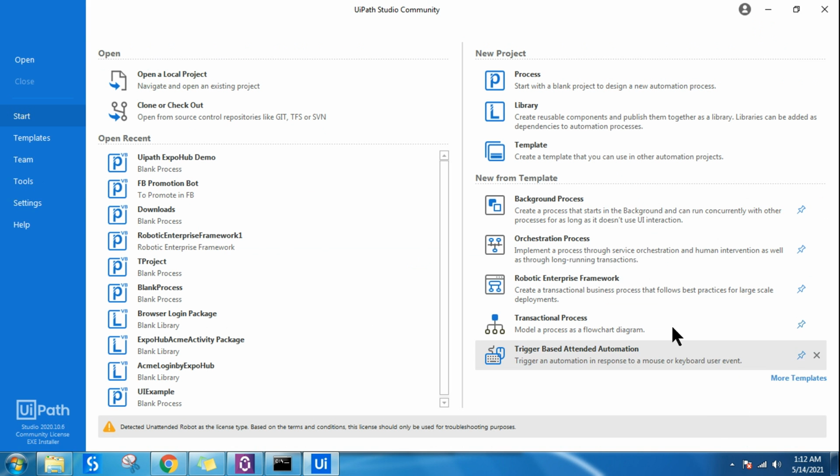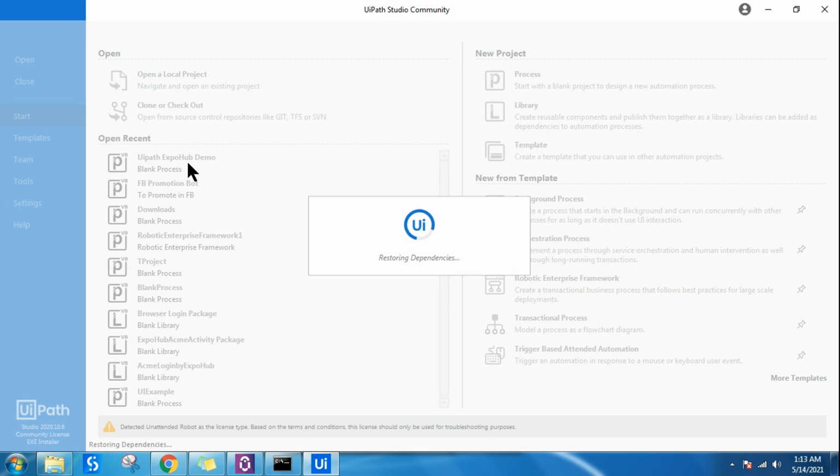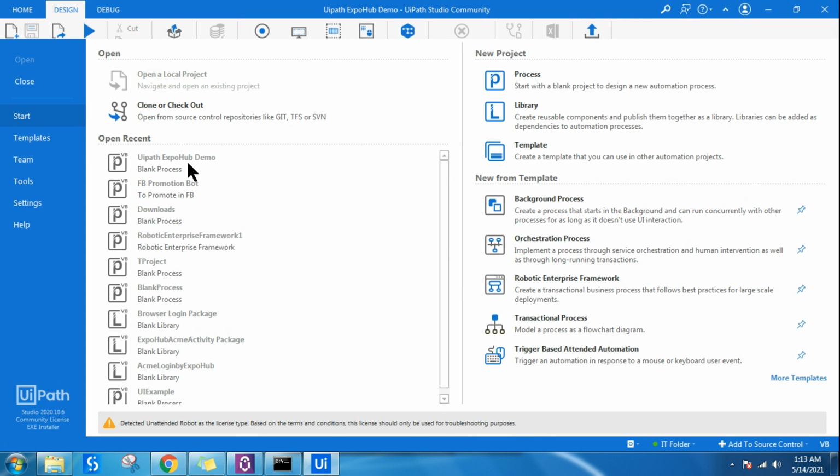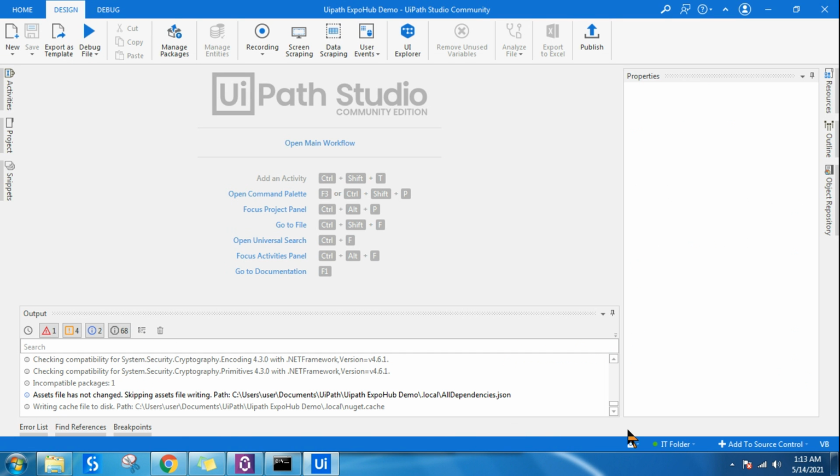So let's wait for the studio. So let me open this up. Okay, so I hope knowing this much of knowledge of how to connect or how to use the new Orchestrator design should help. Now you can see the folder which I have created, the IT folder. Do you see it got connected? With this I think all your questions that you ever had must have been answered.